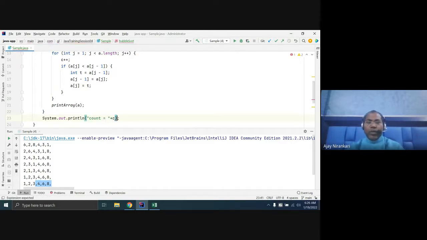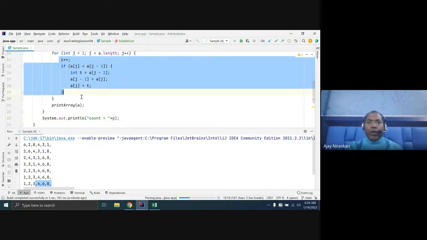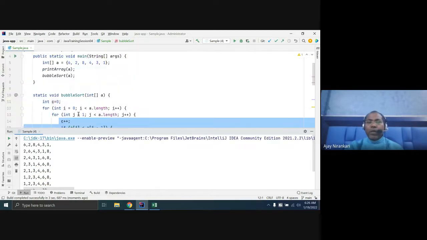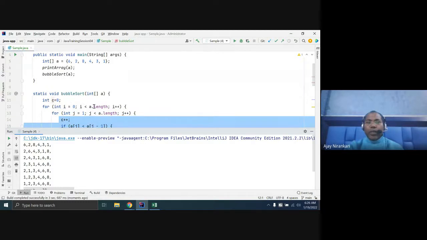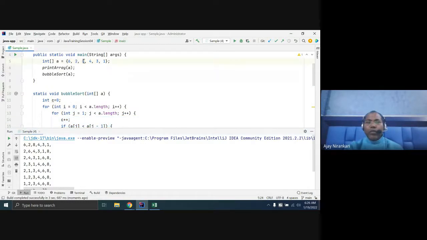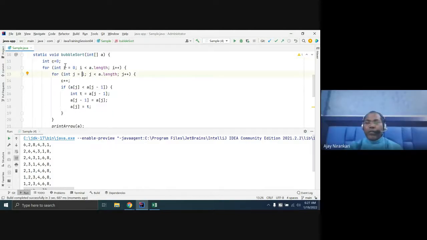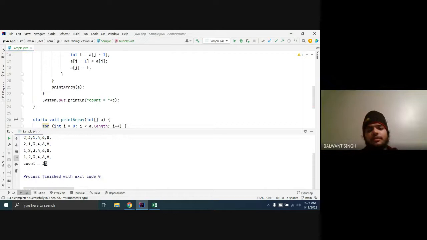You notice that this internal loop always runs 30 times. Why? Each time the length is 6, and the inner loop runs from 1 to 5, so 6 multiplied by 5, 30 times. They are always printing 30 times.